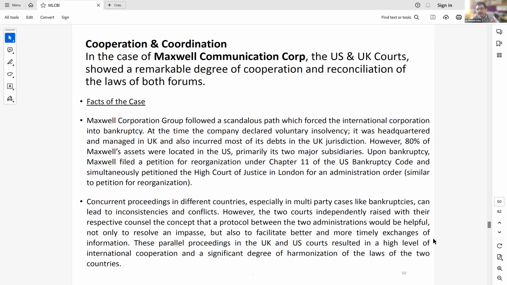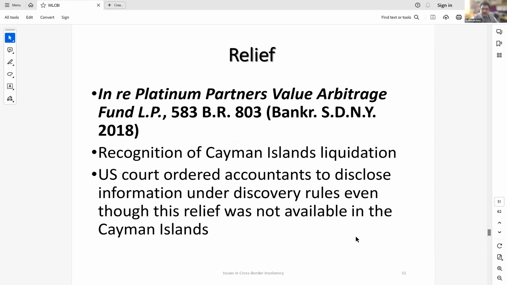You are not just waiting for one court to listen and pass an order, and then that order is sent to the other court, and then you wait for the response from the foreign court. So this is another level of how cooperation and coordination is done, and this is usually done through a network called the Judicial Insolvency Network,